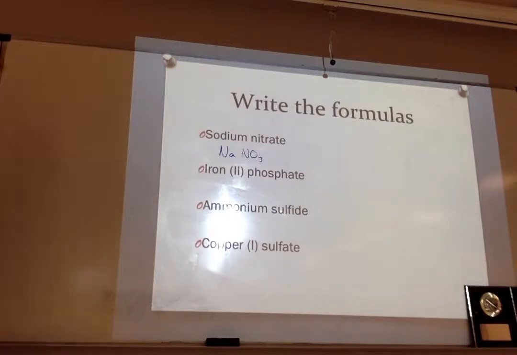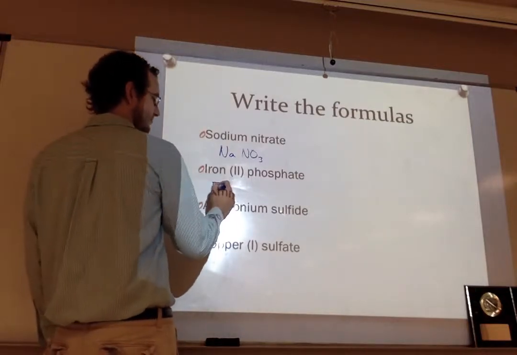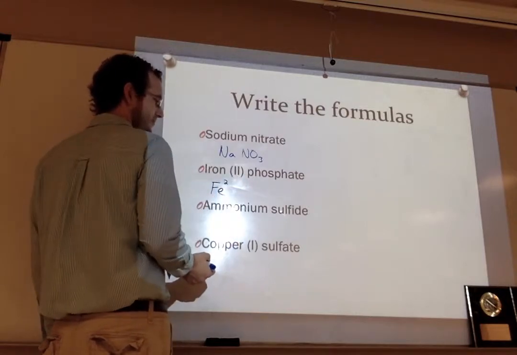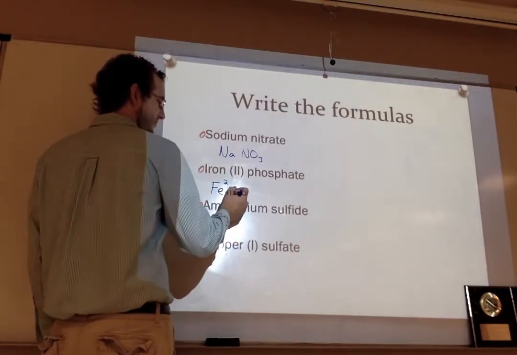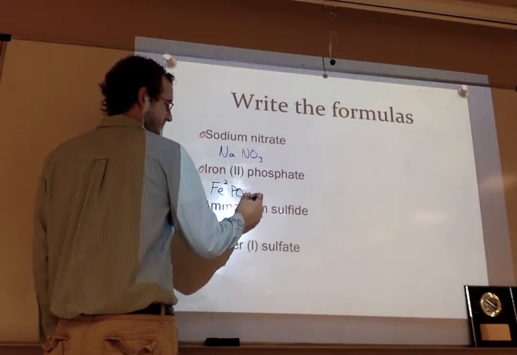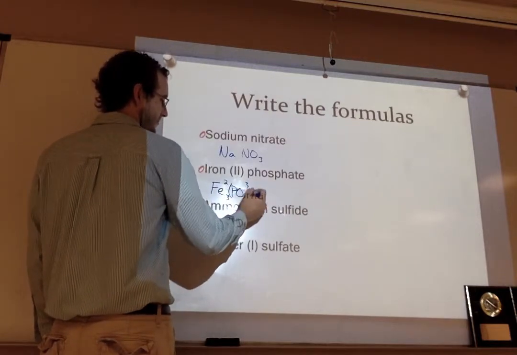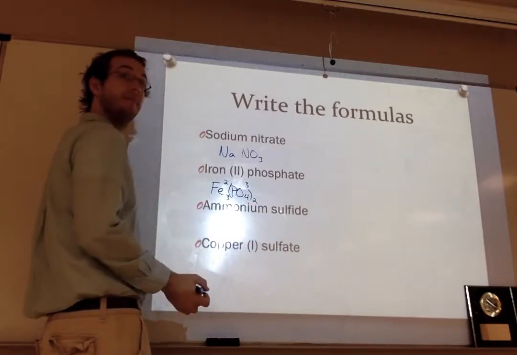Well, iron is Fe. And it says it's 2, so it's a charge of 2. And then phosphate is PO4. And it has a charge of 3, so you have 3 in the iron and 2 in